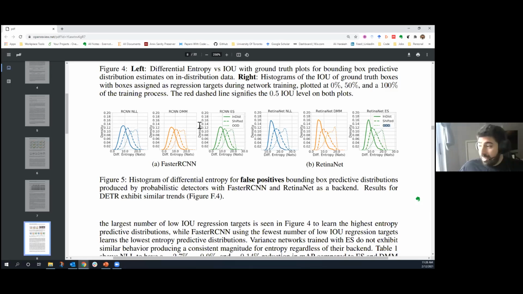We just showed the results of variance networks in this work. But I have the same results for dropout and ensembles, and they did not show any difference in results than regular variance networks. Maybe a slight improvement, very, very tiny. It does not warrant you going and training 10 ensembles for the improvement that we got. So yeah, we considered that, but it didn't show any improvement, so we avoided mentioning it in the paper.